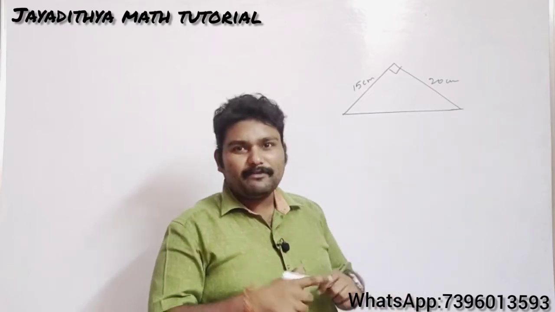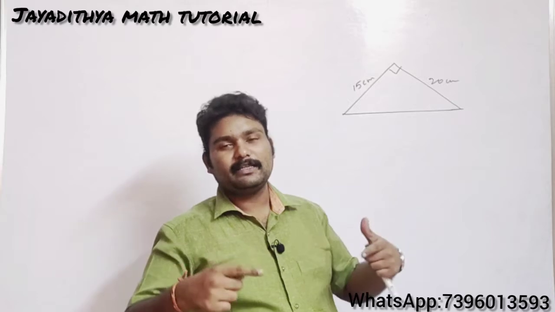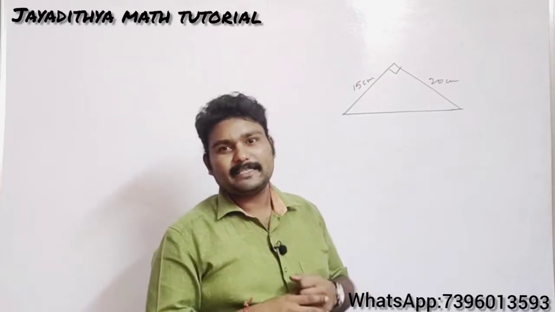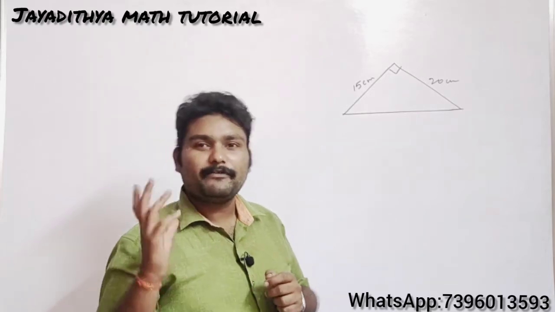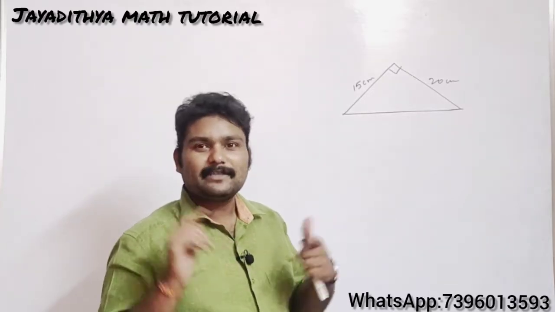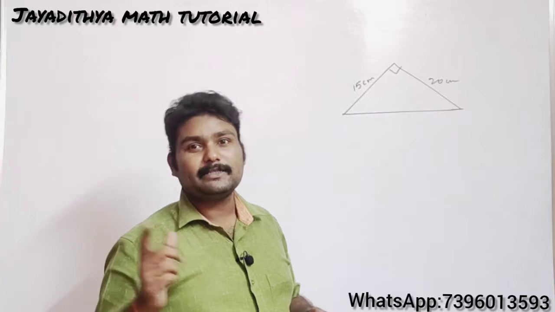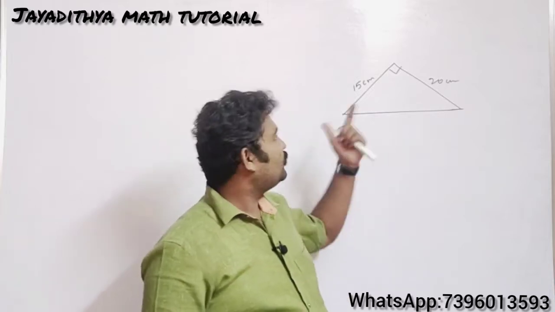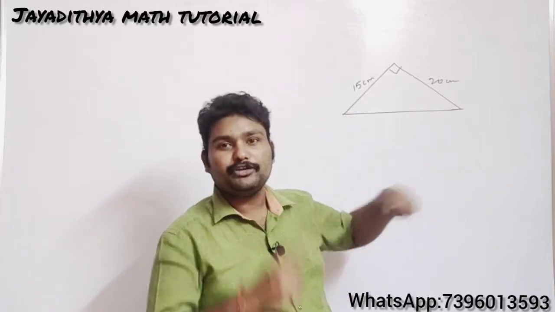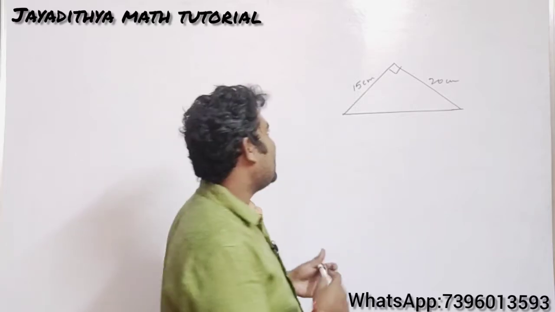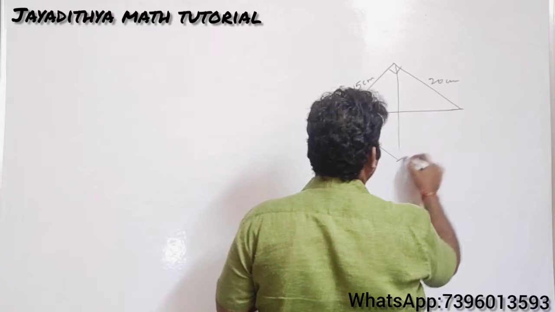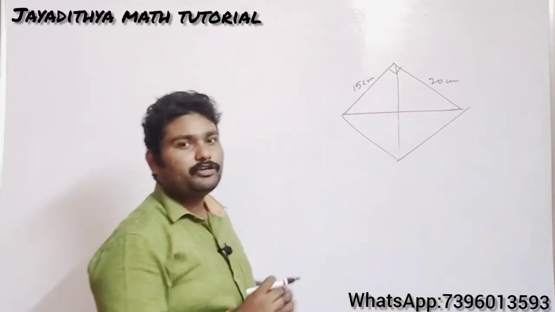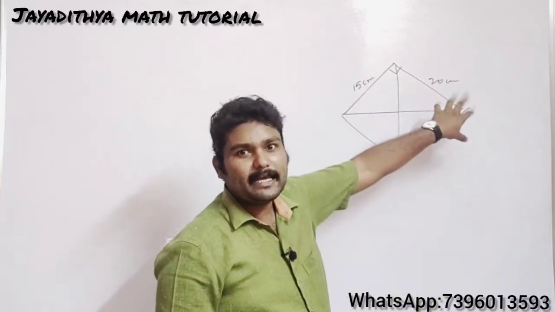When you are playing with a small card-like thing and revolving it, you can see a 3D shape there. You can observe this even when a fan is rotating. Actually it has 3 blades, but when it rotates continuously you can see a circle there. In the same way, when you rotate a right angle triangle about its hypotenuse, you can see a 3D shape which is like a double cone. So it seems to be like this. You can see a cone here, and here also you can see a cone.